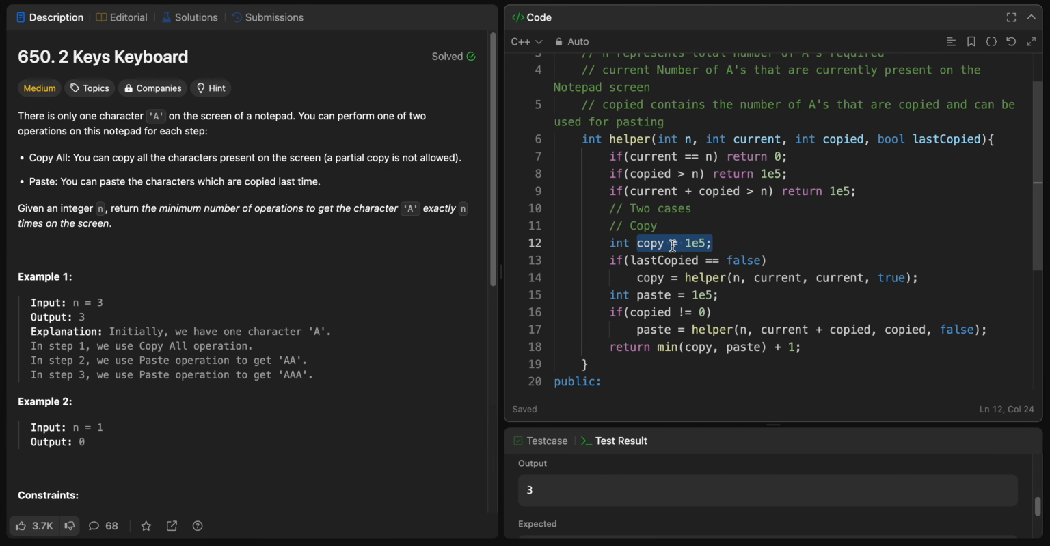So I'll check if my last copied, in the sense that in the last iteration, have I copied or have I pasted. If I haven't copied, then I could copy currently, because in my last iteration copying was not involved. But the other way around, if my last copied is true, in the sense I copied earlier also, there's no use of copying now, because the same element will be there which is present earlier, and if I haven't used this variable, that would be an infinite loop, because I'll keep copying, copying, copying. So if my last copied is false, then only I could copy, and in that case my copied will be true. If my last copied is true itself, then I couldn't copy, so that should be initialized with the maximum value,